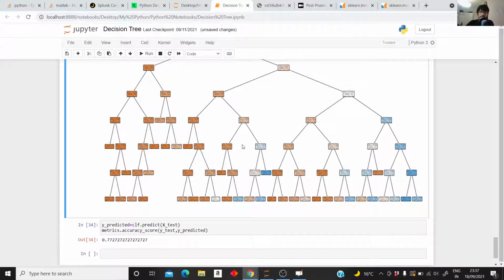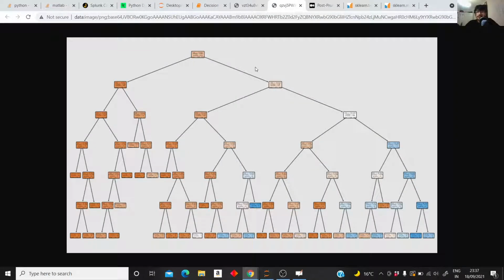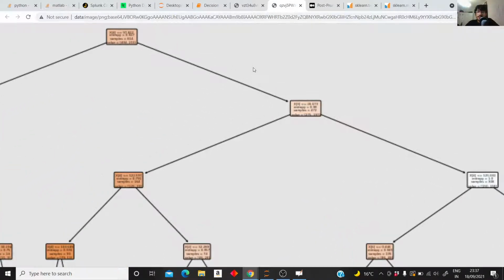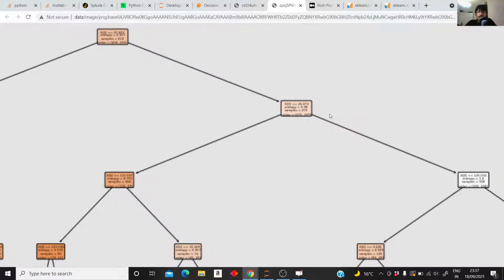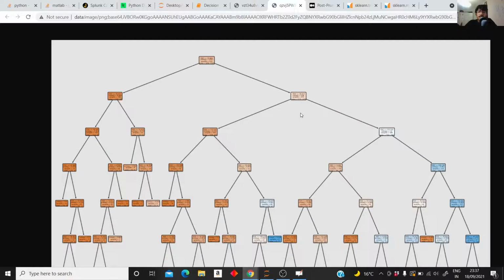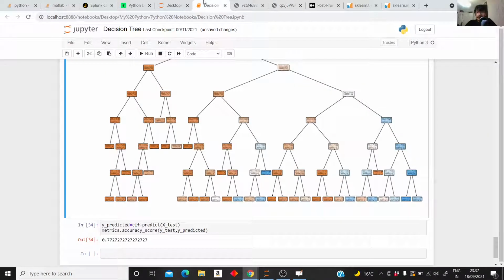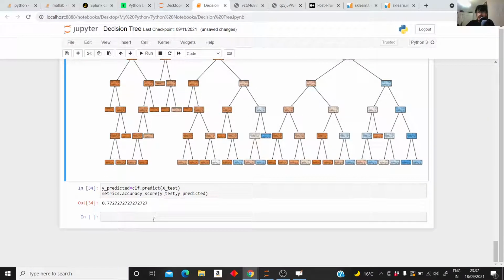If you open it in a new image tab, you will find it easy to interpret and read. Maybe you see it blurred, because even I am seeing it a little blurred, but you can easily make things out. The main concern is accuracy, and we have a better accuracy now. Previously it was 74 or 75, and now it's 77.